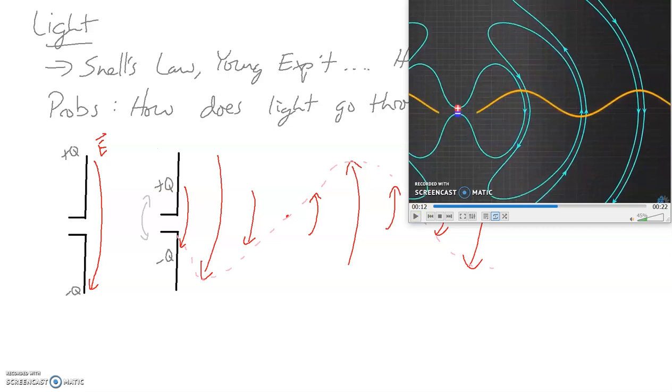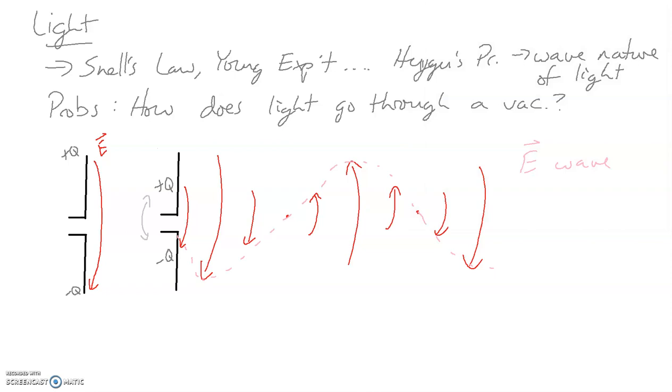All right. Now, you guys have worked with electric fields for a while now, and you've done different things. But one of the cool things about electric fields is that they don't need a medium. I mean, you can put electric fields through a medium, but you don't need to. So you've actually created a type of wave that doesn't require a medium to exist. And this can help answer the whole question of how light goes through a vacuum, because you now have a wave, no medium required, that can permeate through empty space, vacuums, whatever you want,